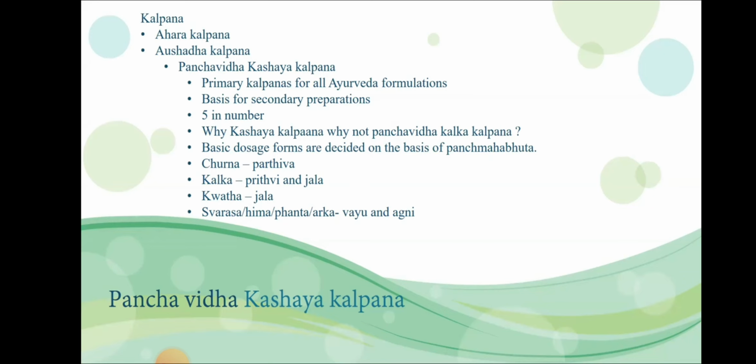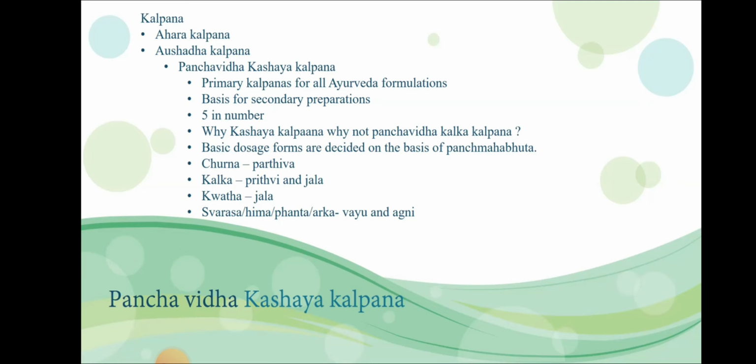So he explained 7 Kalpanas. According to Sushruta, it is Shadvidha Kashaya Kalpana, that is, he added Shita Kalpana to it. But most of the Acharyas have accepted the concept of Panchavidha Kashaya Kalpana. So why is it called Panchavidha Kashaya Kalpana, not Panchavidha Kalka Kalpana, or it could be called Panchavidha Swarasa Kalpana also? The reason behind it is the Kashaya Nirukti: Kanthasya Kashanat, Prayogo Roganam Vapi Kashanat, Kashaya Shabdasya Pradhanyat.